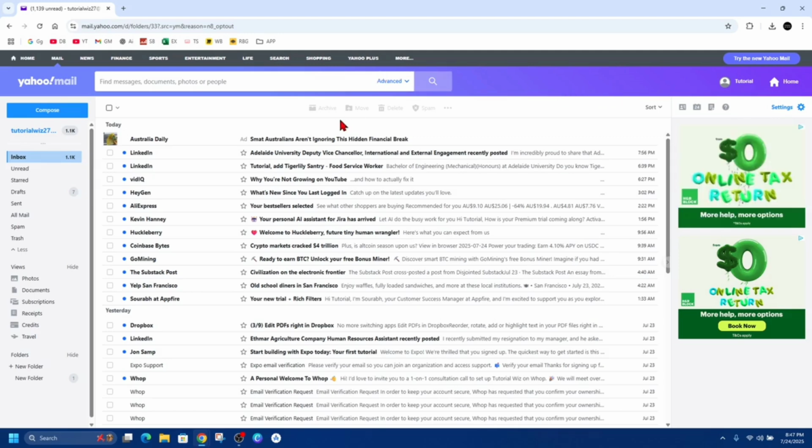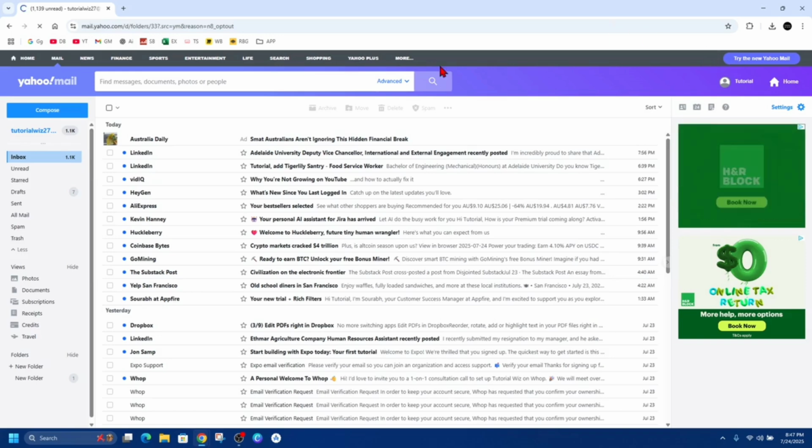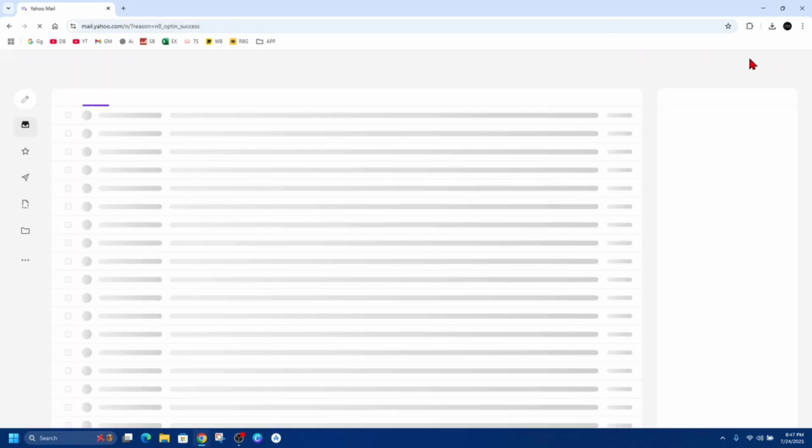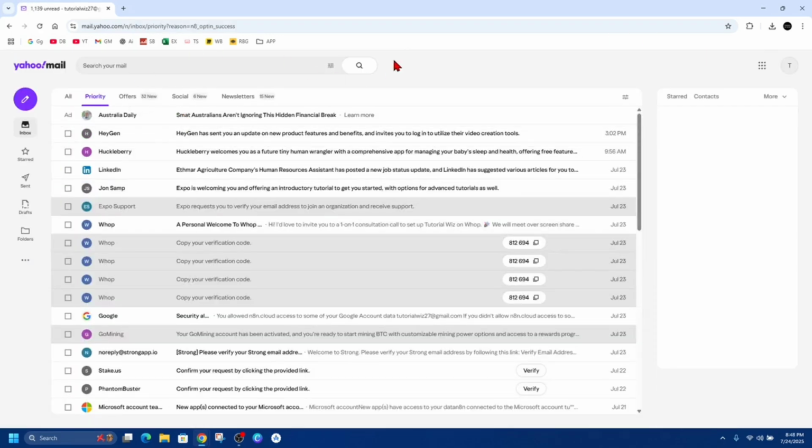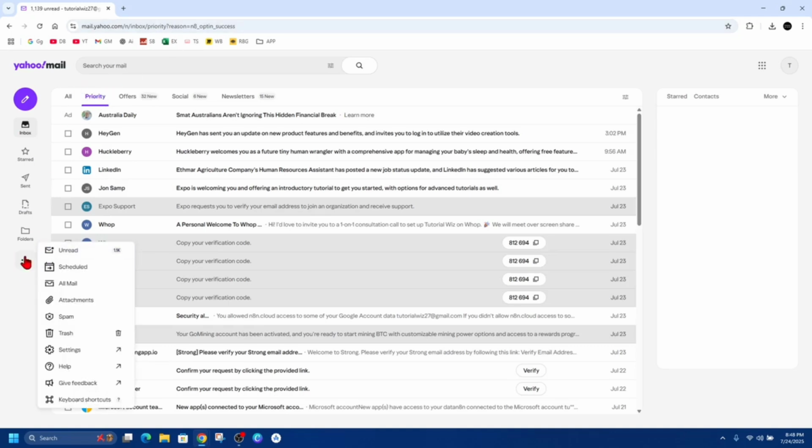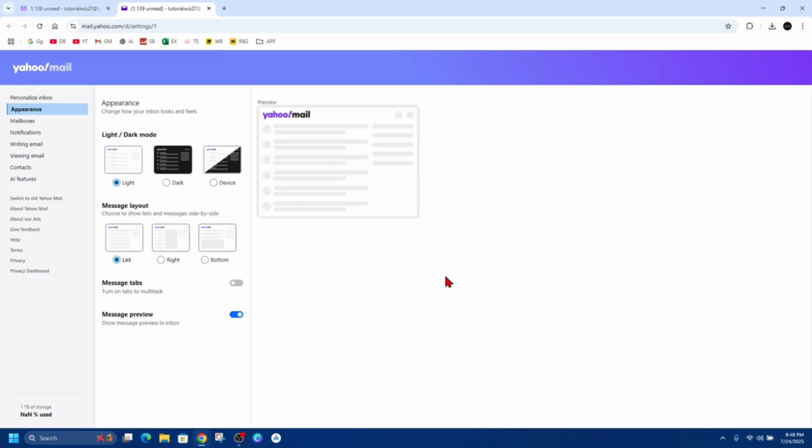Okay, so in order to do this, we need to use the old Yahoo Mail. So I'm going to quickly show you how to do this. I'm going to go back to the new Yahoo Mail, but we need to switch back to the old. To do that, click on the three dots on the bottom left hand corner of the page here. Then from here, click into settings. And now once we're inside settings, it should have an option to switch back to the old Yahoo Mail